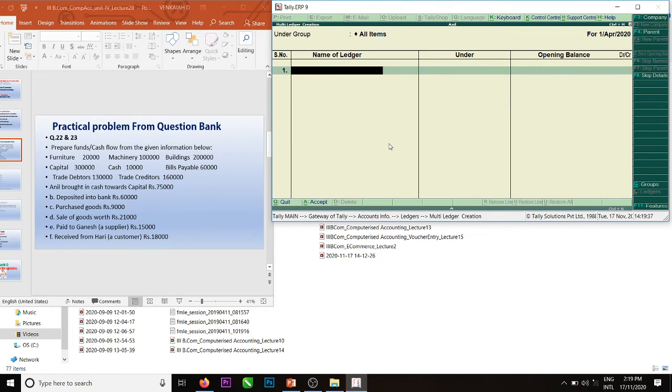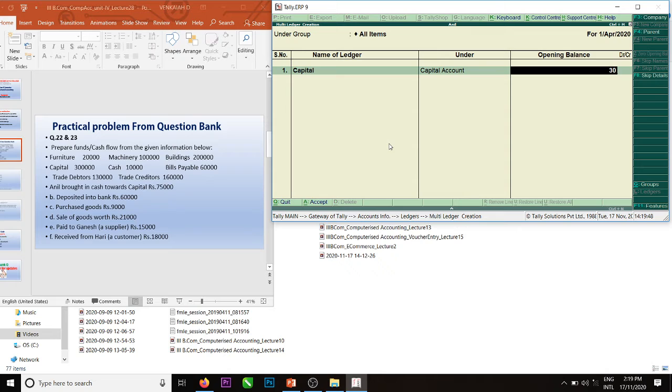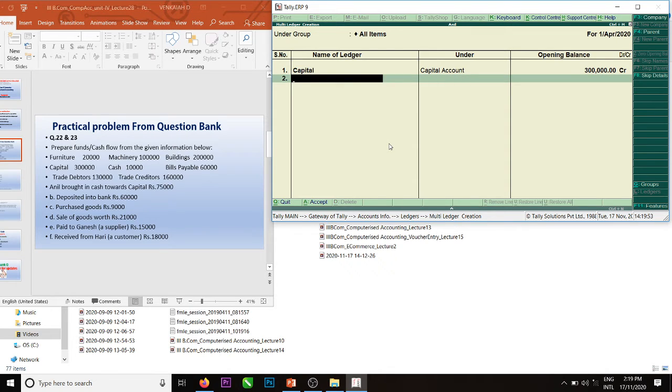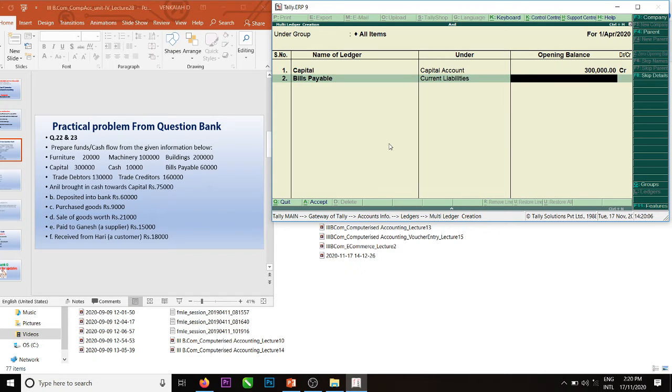Again, create, all items. Cash we have to enter with the alter mode. Capital, under capital accounts, amount 3 lakhs. Bills payable, under current liabilities, 60,000.